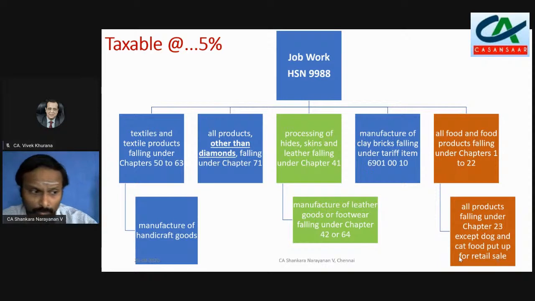In those cases, any job work done for that will not come under 5%. So those will be taken to a higher rate. What will be that higher rate? We will see the methodology to identify the rate also. So these are the initial